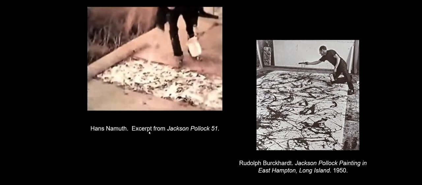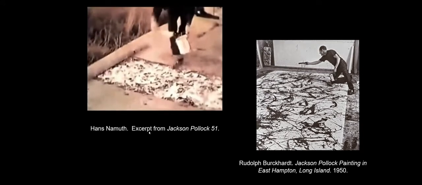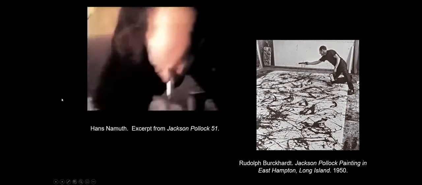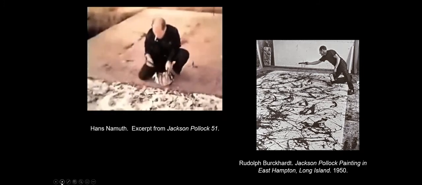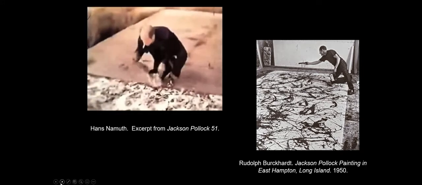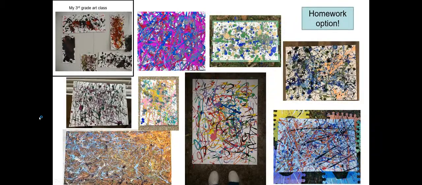And if you're looking at this and you're thinking to yourself, oh, geez, I could do that, I want to encourage you to maybe give it a try. Because actually one of the homework options involves creating a drip painting in the style of Jackson Pollock. It's an assignment that I first gave to a group of third graders at an arts and crafts camp, and I translated it into a Blackboard project as well.